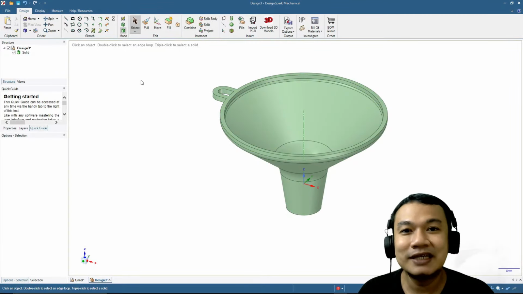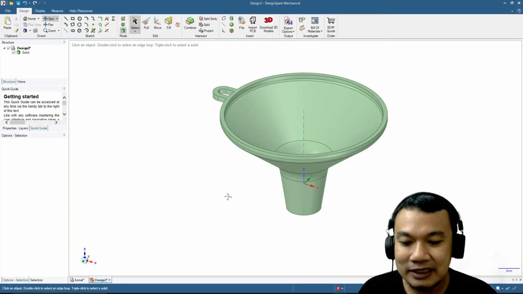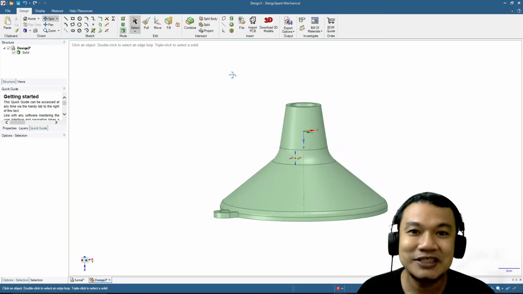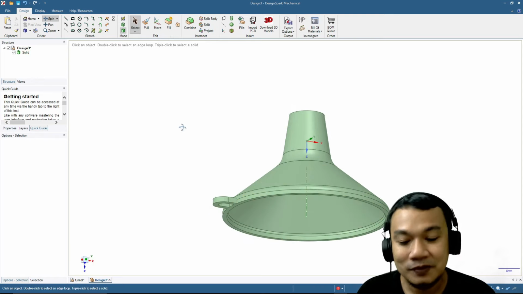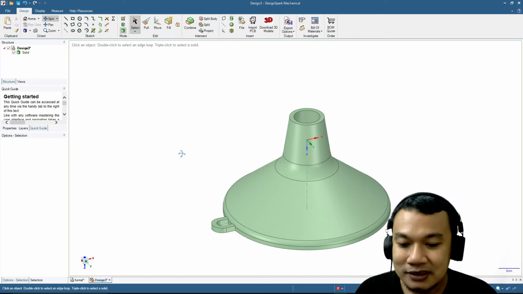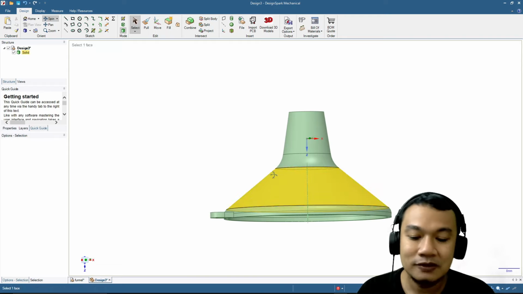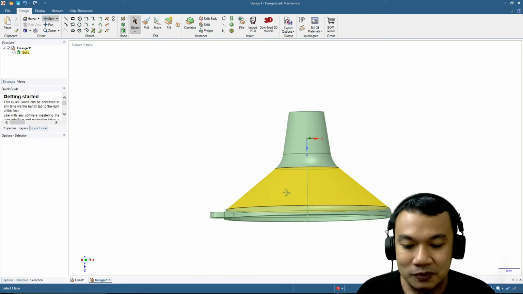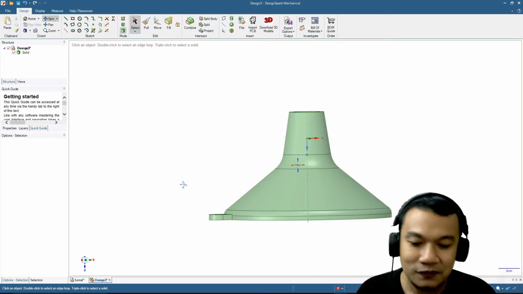Congratulations, now you can design your own custom funnel. And to print this design, you can export to STL file and then print in this orientation. So the larger side will become the bottom of the printer if you are using an FDM printer. And also you need to consider the angle of this plane. You don't want your print to be more than 60 degrees, and this one is about 45,